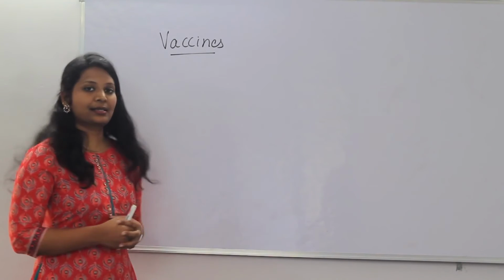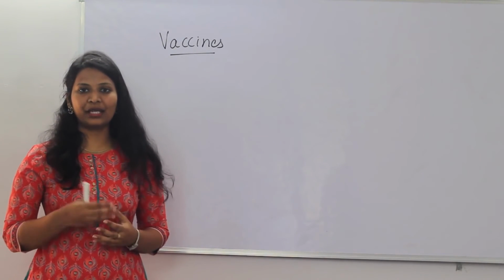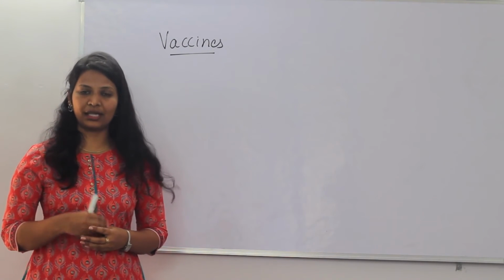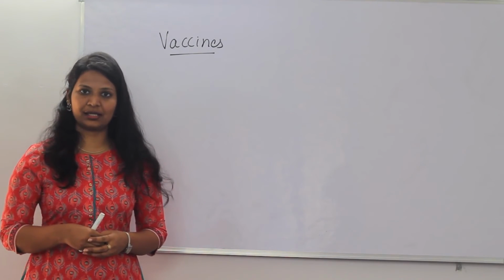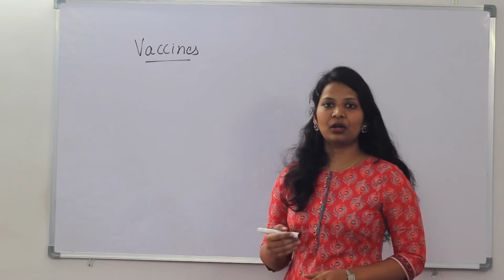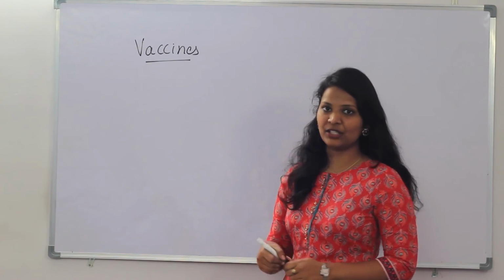Now let's see the vaccines. Vaccines can prevent many of the organisms that cause meningitis. Many of these shots are given to young children to prevent meningitis. And please go through the immunization schedule which is displayed in the table. And the other vaccines which are commonly given to young children against meningitis are